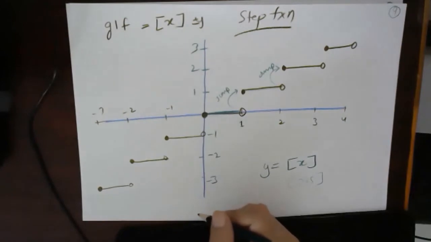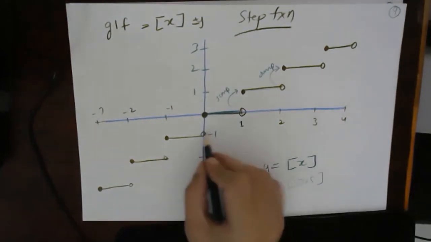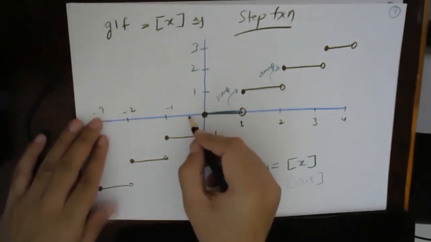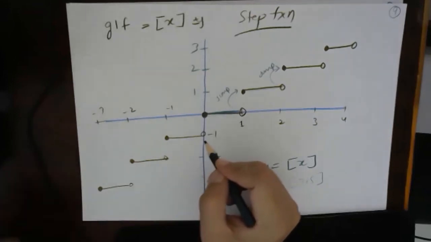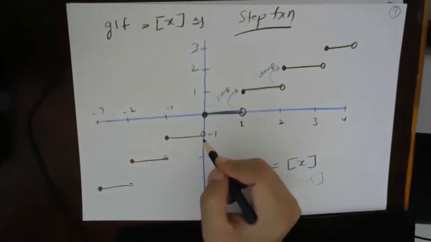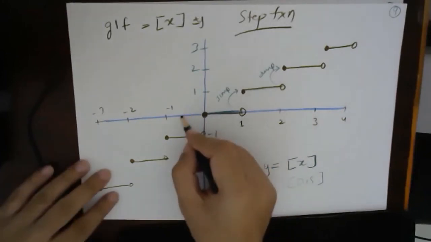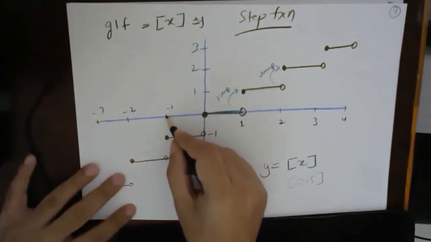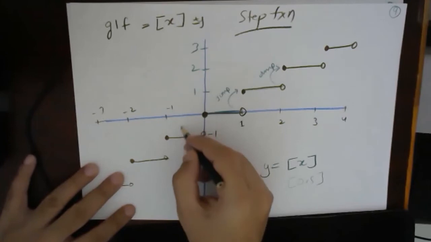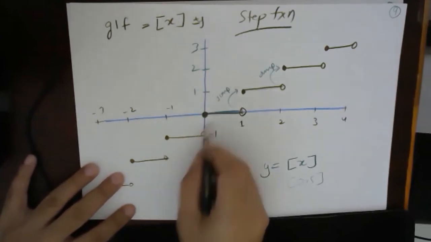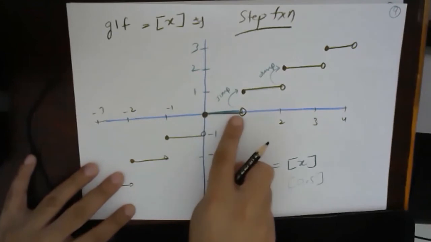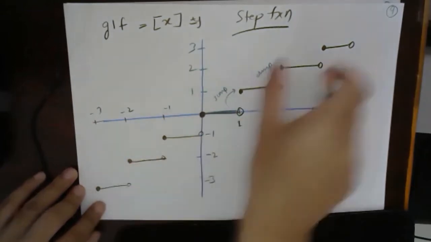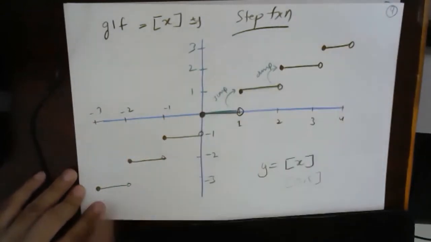Everybody understood? Fine. So same thing here. Suppose you have before 0, what are the numbers? Minus 0.5, minus 0.6, minus 0.7, minus 0.8, minus 0.9. For all those values, the greatest integer is minus 1. So for all these values till minus 1, here minus 1 is included, all those values will give you output minus 1. As soon as you reach 0, the output will be 0. So exactly the same thing will be repeated, but one down, everywhere.